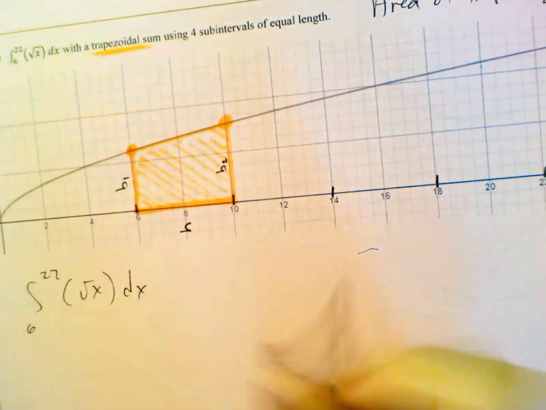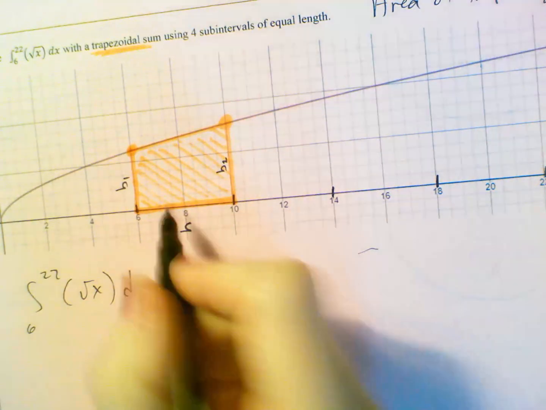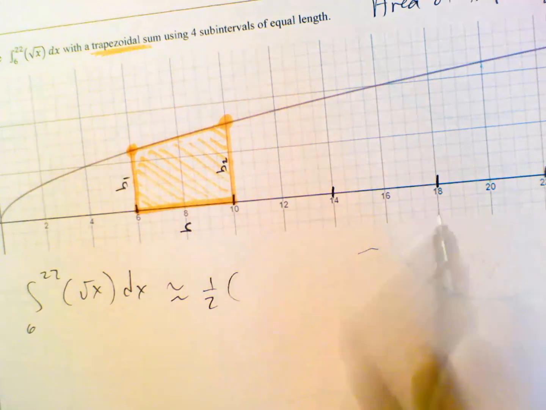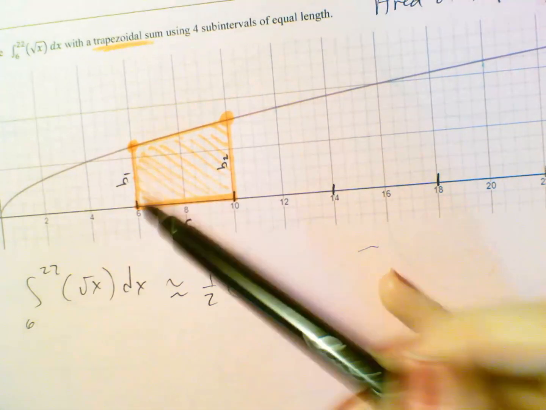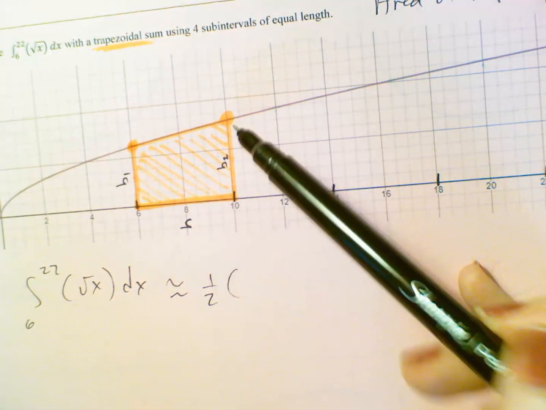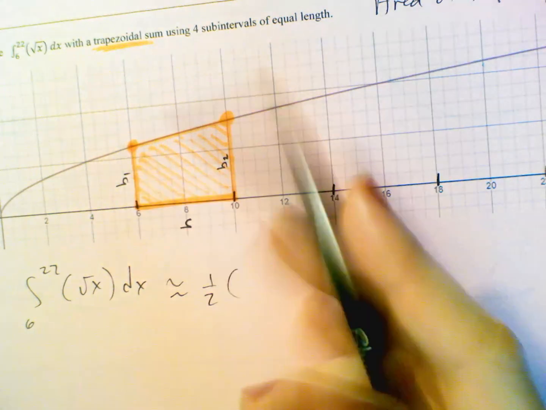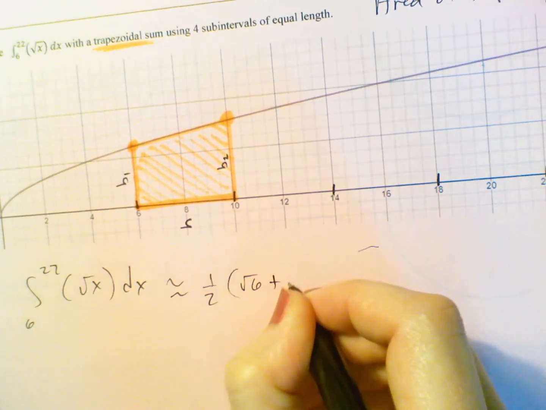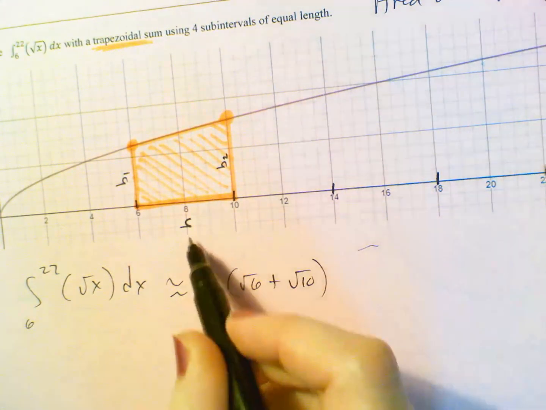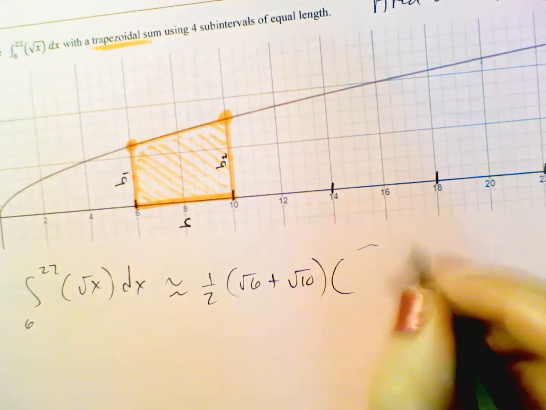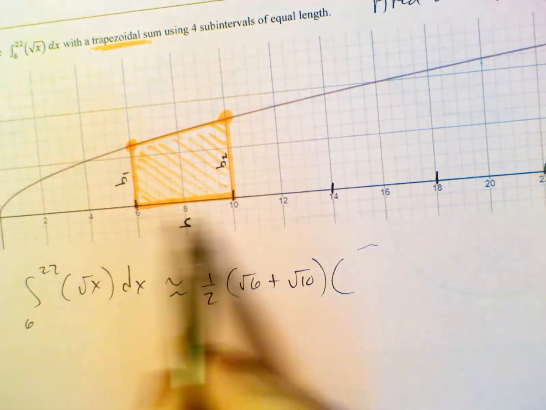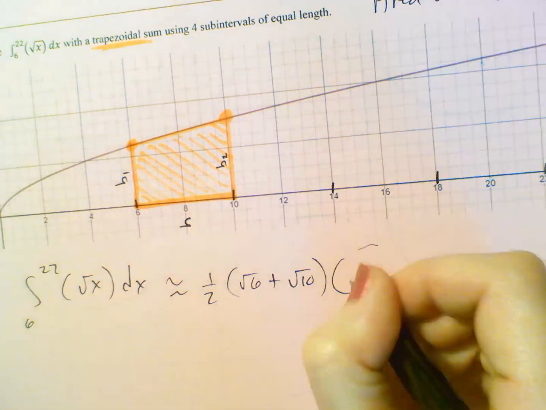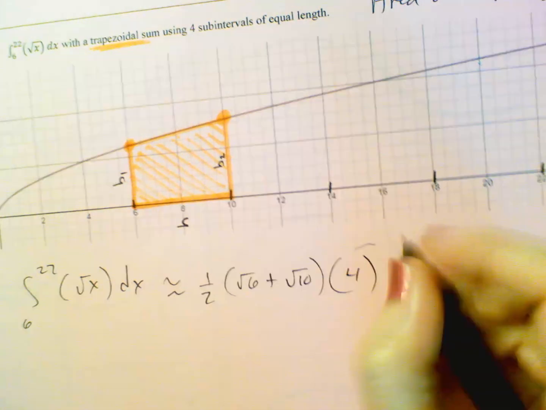Okay, so this is going to be approximately, for this first trapezoid, 1/2 base 1 plus base 2. Remember, these are the bases. These are not the heights. These are the bases. So base 1 is radical 6. Base 2 is radical 10. And then the height is the subinterval length. So that is 4. Plus